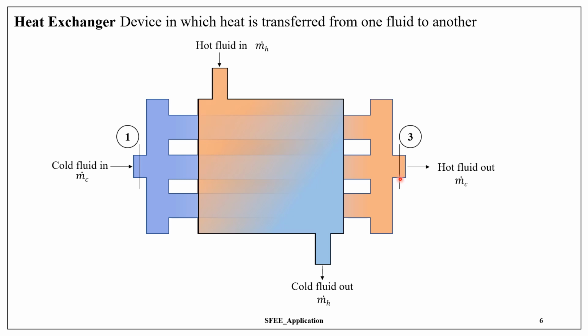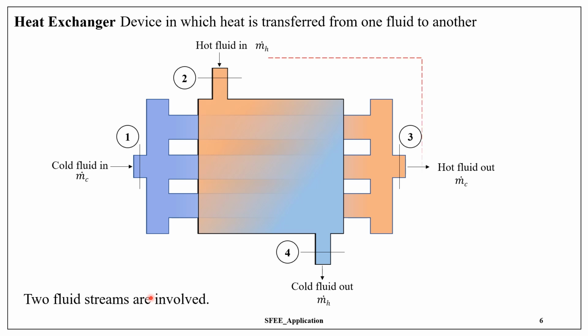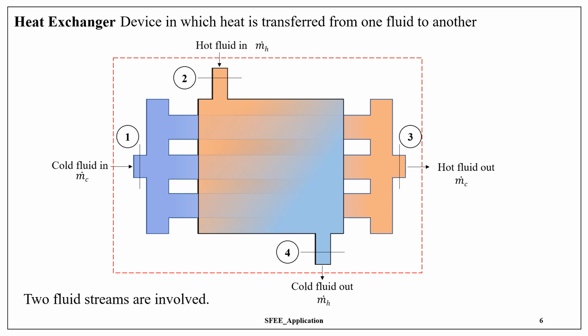So put sections 1 and 3 for the cold fluid and 2 and 4 for the hot fluid. Enclose them in a control surface, and here two fluid streams are involved. So this is the control surface. We are going to apply the steady flow energy equation for the control surface. The final simplified expression is given